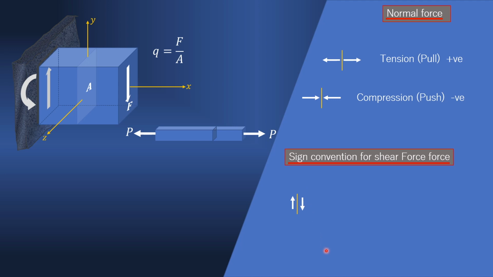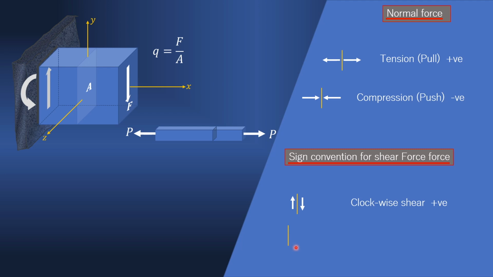Try to understand what exact term is used. Like in normal stress, tension or pull, this word is used to define nature. Similarly here, this shear is called clockwise shear. Why? Watch here: a downward force on the right side of the section and an upward force on the left side of the section. These two forces suggest a clockwise rotation. That is why this term is used. Clockwise shear.